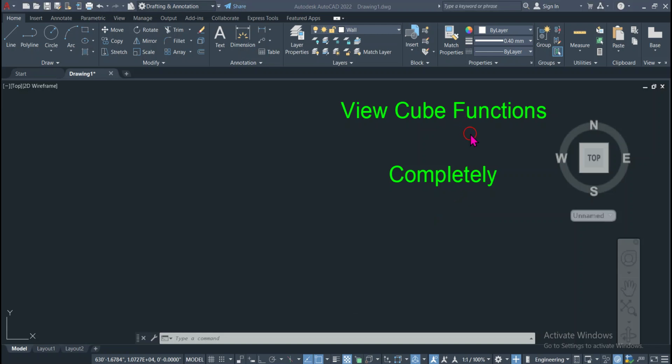Assalamu alaikum. Dear viewers, in this video you will learn in detail about the view cube